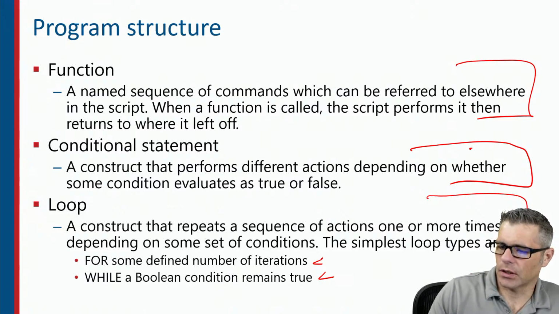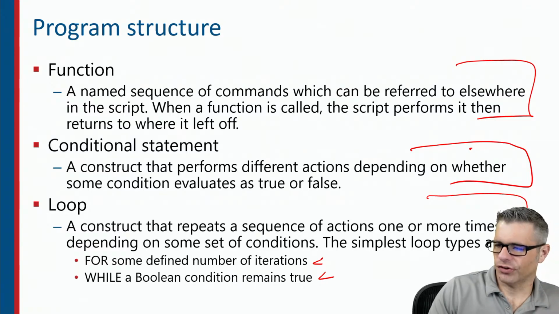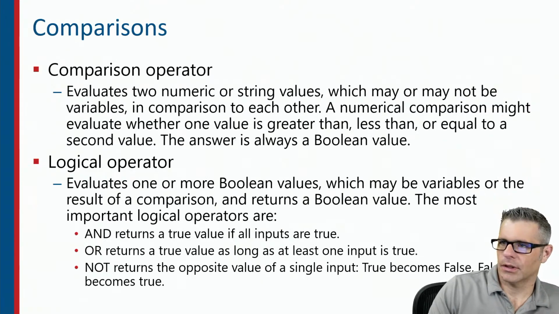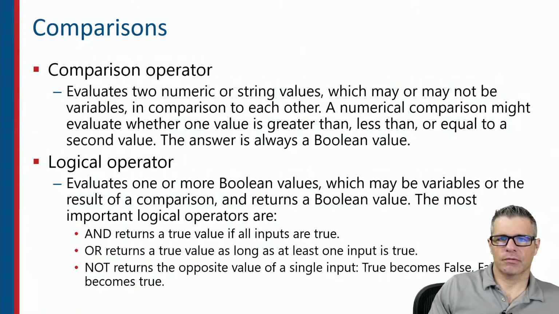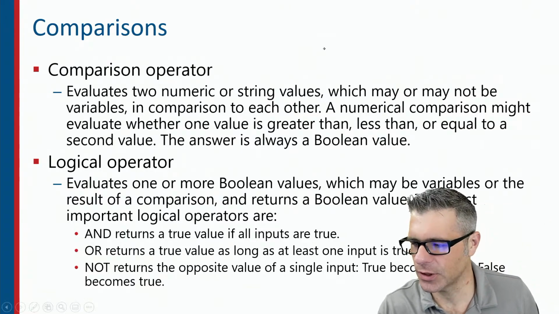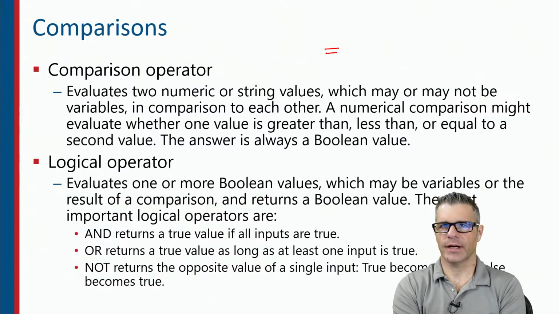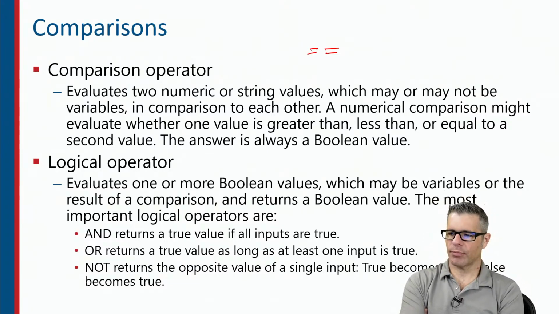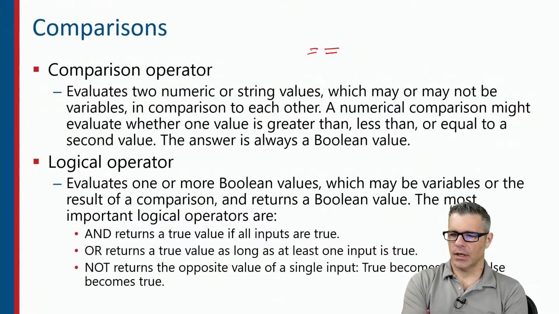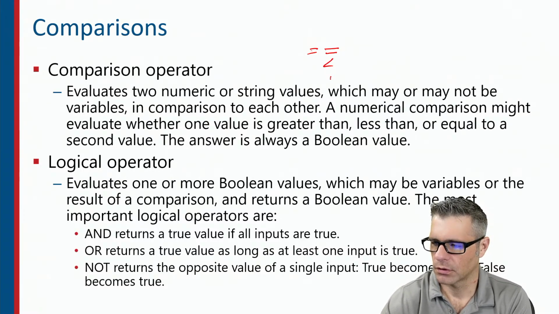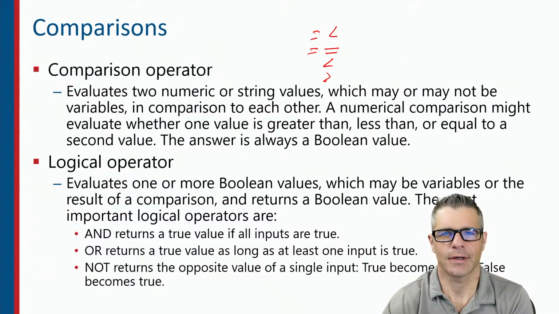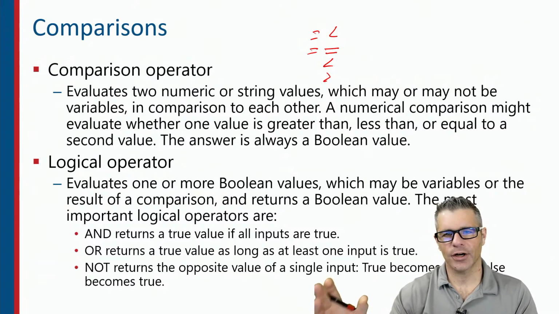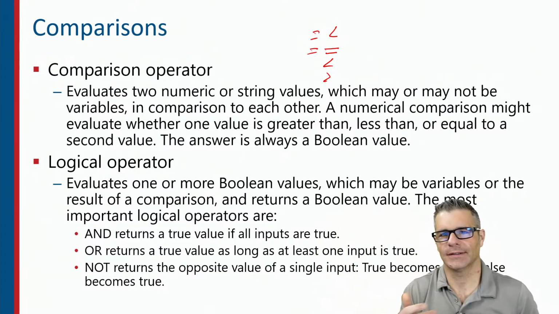So those are functions, conditionals, and loops. And I kind of talked about comparison operators. In some languages, equal is overloaded. Those languages scare me. In many languages, equal is the comparison operator between the two things. You can also use greater than, less than or equal to. Did I just flip those two backwards? I think I did. This one, when the alligator is eating the bigger number,